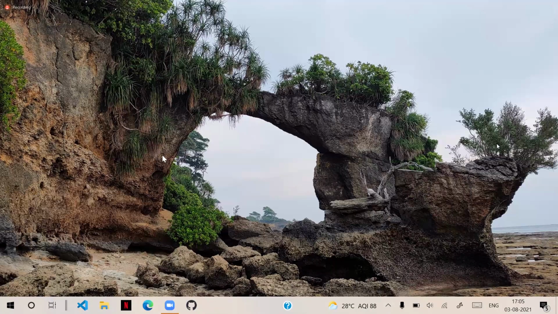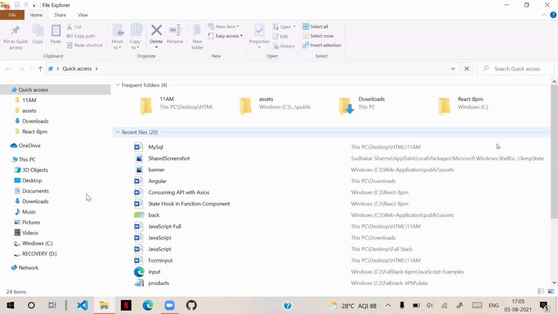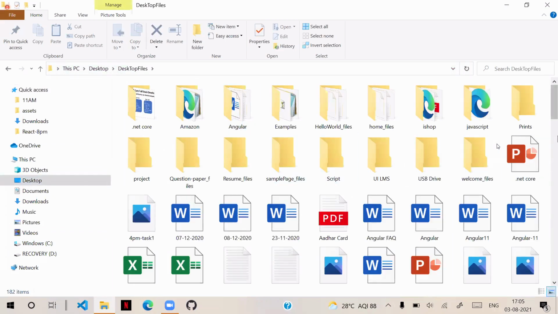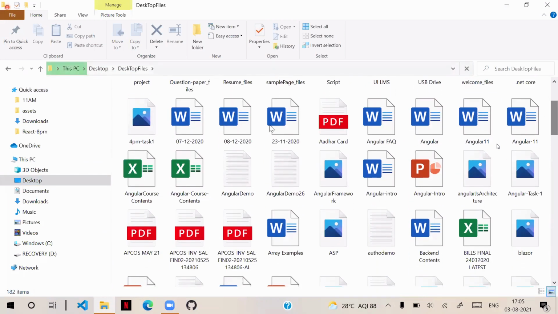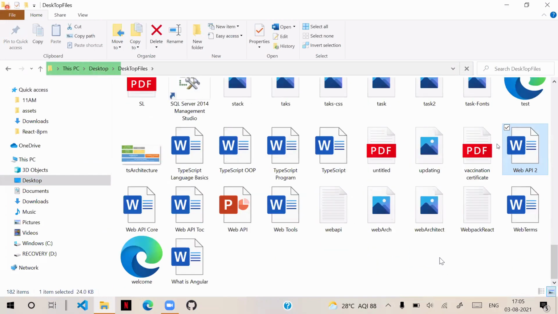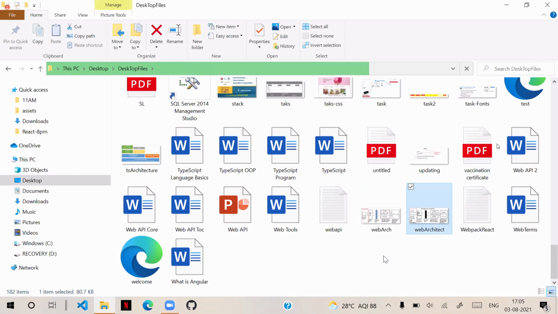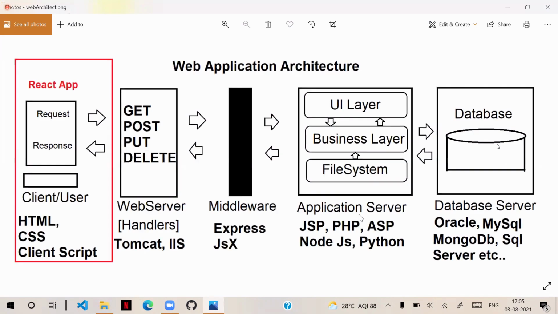If you remember, in the first session, in the introduction, I showed you a basic web architecture. In the introduction, we discussed the web architecture, and what happens in full stack development.